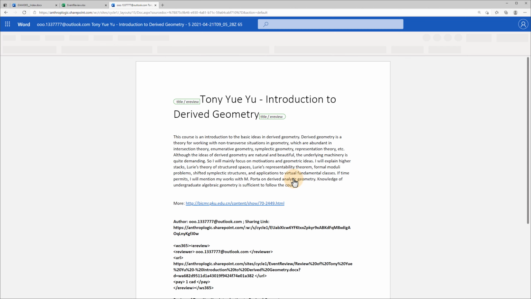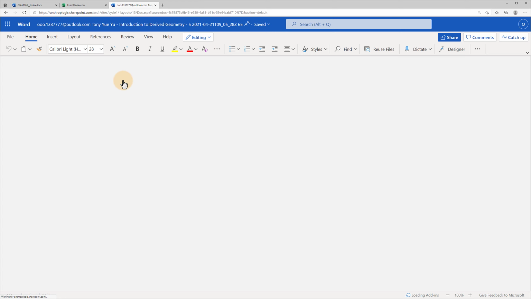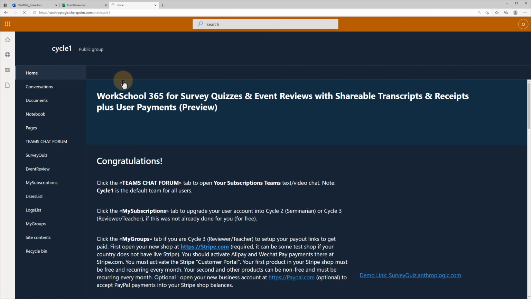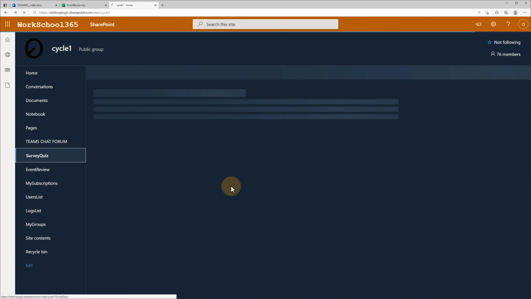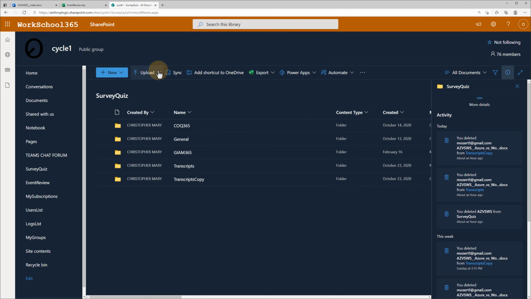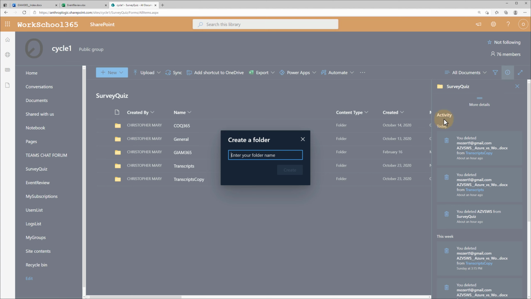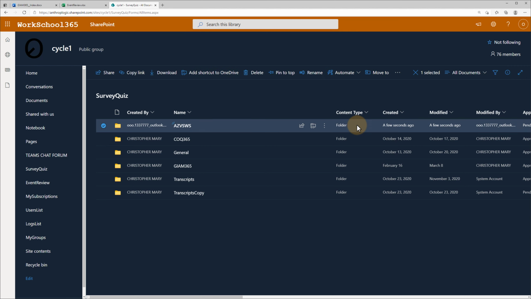And then we'll be redirected back to WorkSchool 365. So we go to the main page, cycle 1, and we have the component SurveyQuiz event review. So we'll create a new SurveyQuiz. So we create a folder. We'll call that folder AZ versus WorkSchool. Create the folder. So the first thing we have to do is